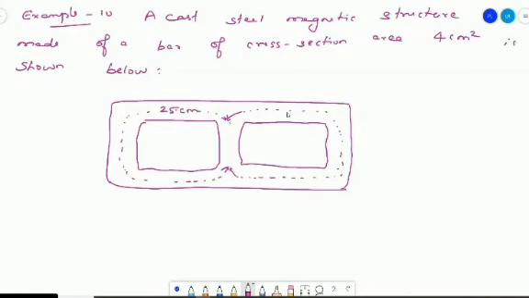So this length is given to be 25 centimeter, and this is 25 centimeter, and here it is 15 centimeter, and the coil is wound here. So this is the flux that is initially produced here, and along this path, and the paths are given some names C and D. So along this path, this flux is divided here, phi 1, phi 2.